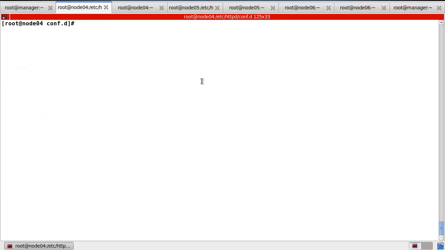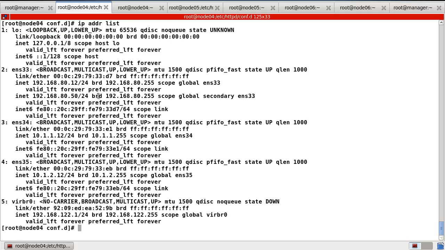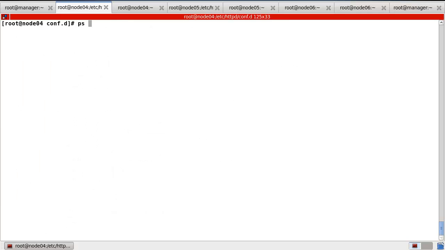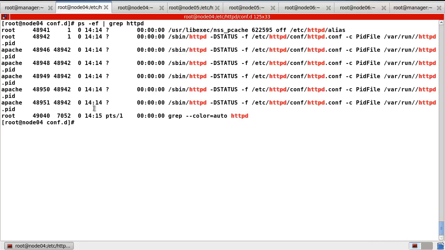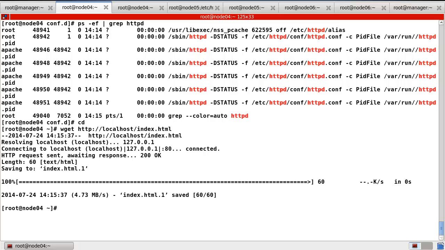And in node 4, okay, let's check the list first. Okay, can you find this IP address 192.168.50? And the process here, correct? Okay, now we can find this kind of process, and also, so now let's check.